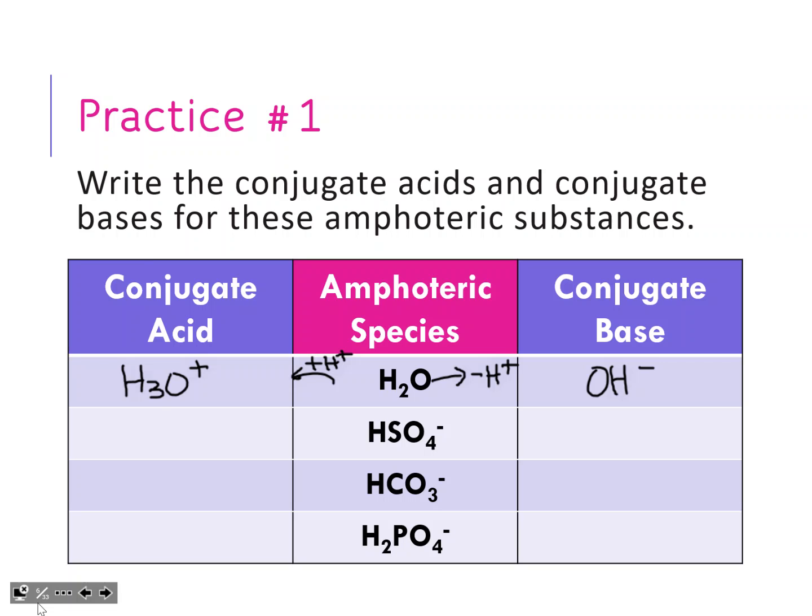So if we're doing here for the HSO4, that is called bisulfate or hydrogen sulfate. What would be the conjugate base of that one? The conjugate base. SO4, right? We took away the H, and what happens to our charge? It goes down, so it's on -2, very good. Over here on the left, if we're going to the conjugate acid of HSO4 minus, add the H, so we get